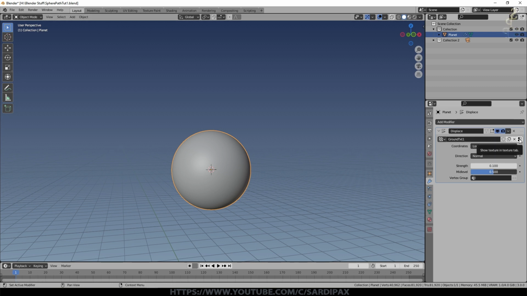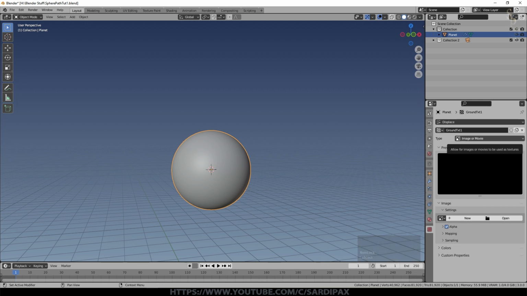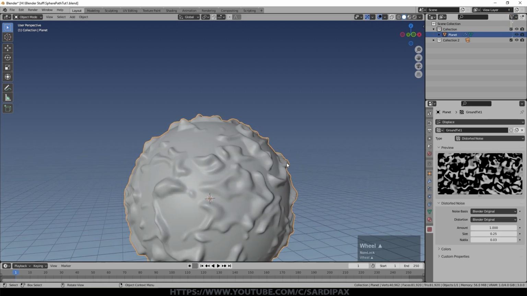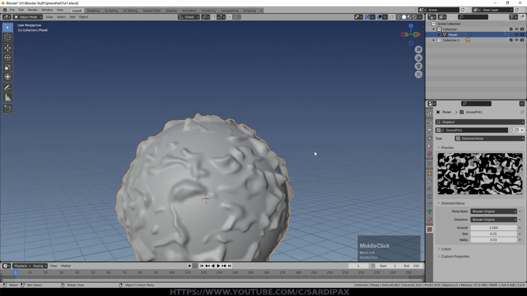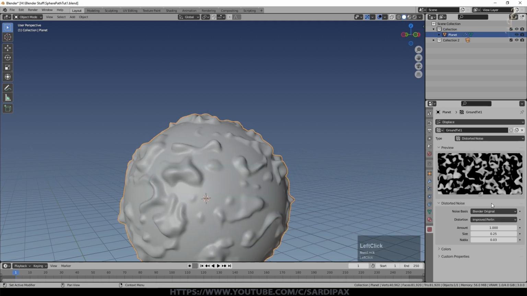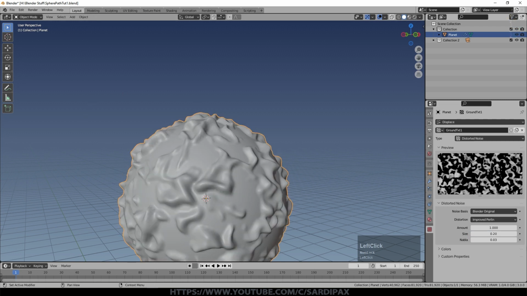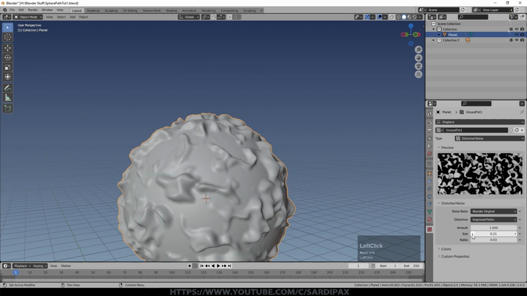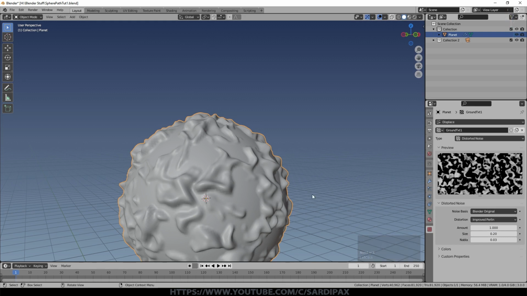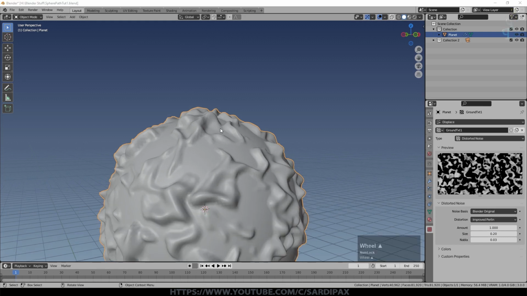So then we'll click these little dots here, and that will just take us to where we can set up the noise texture that we're going to use to create the surface. I'm going to change this to distorted noise, and you can already see we're getting something interesting going on. I left mine on Blender Original for the noise basis, and the distortion I set to improved Perlin, but you can play around and see what gives you something that you find interesting. I set the size down slightly to 0.2. You can see that's changing the scale of the noise, and that will depend on the size of the sphere and so on. I've used just the default size. And to begin with, that's all I need to do there.